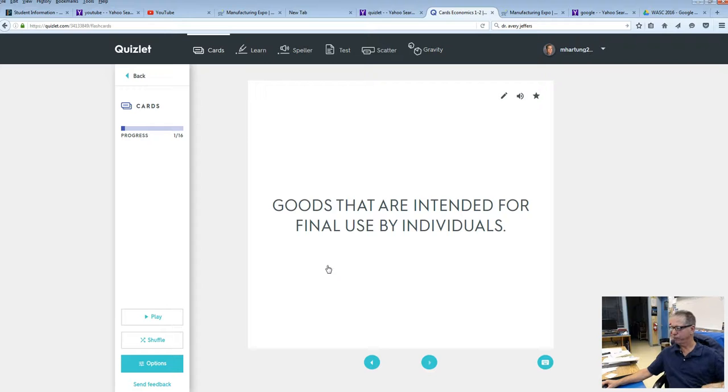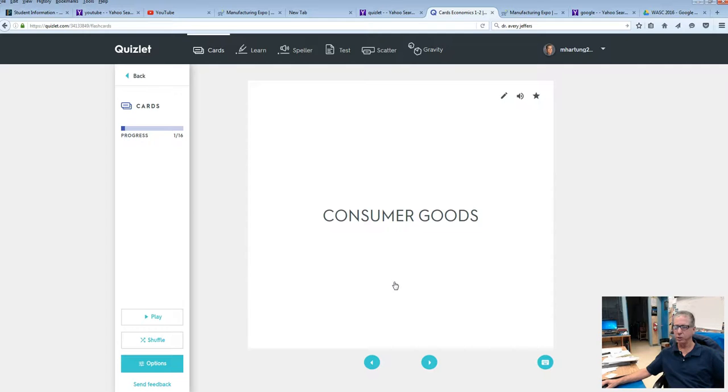Goods that are intended for final use by individuals. So all of us as economic individuals are collectively referred to as consumers because we consume the things that we buy, and we're the final users of those goods and services. And so we refer to those as consumer goods. Examples of consumer goods, just anything that you buy. Your telephone, the food that you buy each day, you buy it and you're the one that uses it,